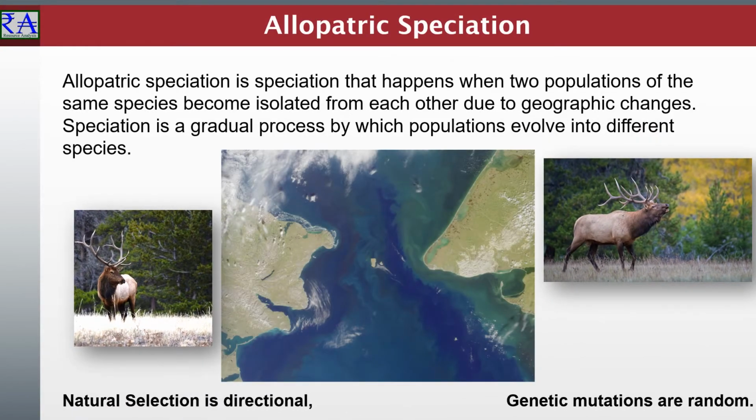In this example, a geographic change separated members of the elk populations into more than one group. Such changes could include the formation of a new mountain range or a new waterway, or the development of new canyons. Here we see how lush boreal forest ecosystems were flooded. It was a warming that connected the Arctic Ocean to the Pacific Ocean. Different gene mutations in each subpopulation occurred and built different solutions to similar restrictive environments. The different mutations and resultant genetic variations led to different characteristics between the separated populations. Allopatric speciation has occurred.